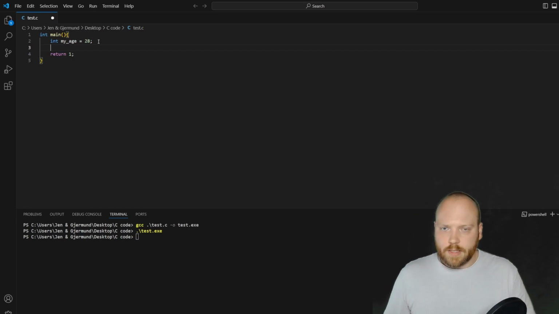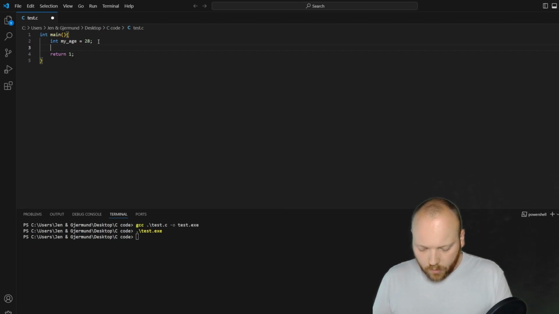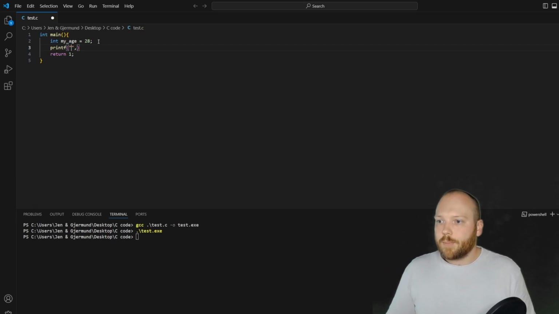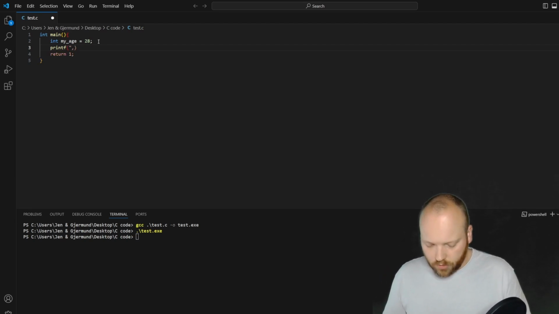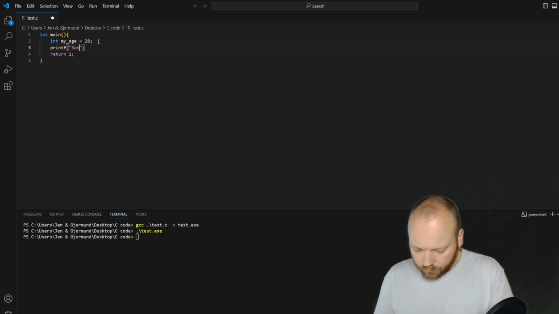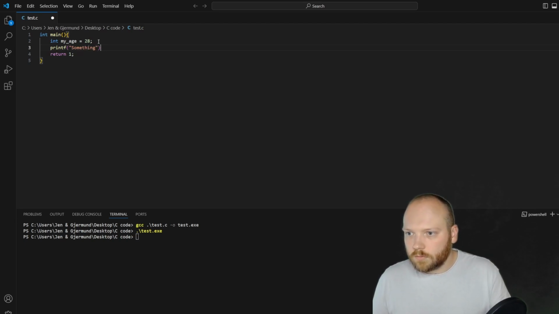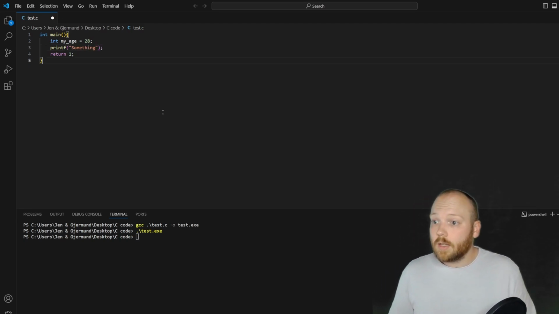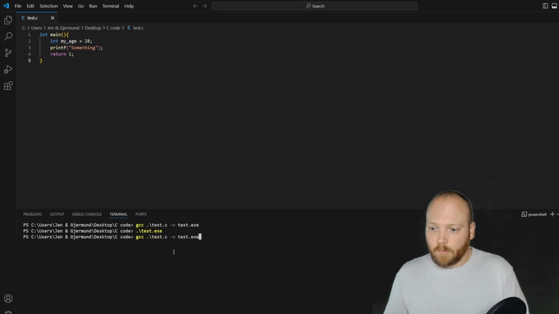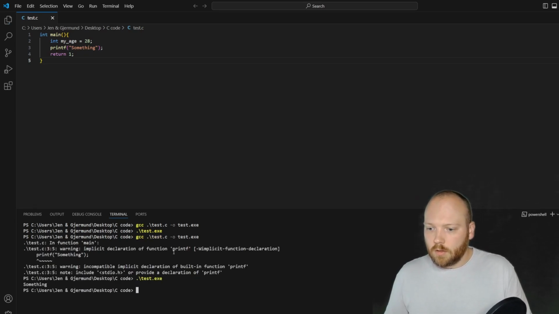So let's, for funsies, just print something to the page. Again, we saw this function last time. Printf, it prints something to the screen, right? Now, let me try to run this. You see,